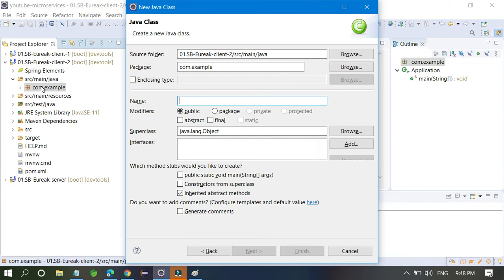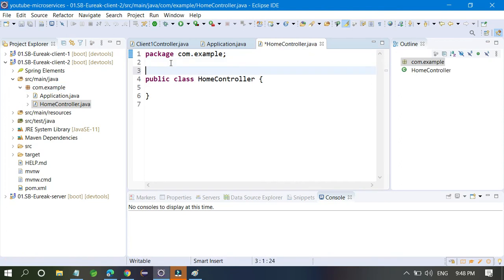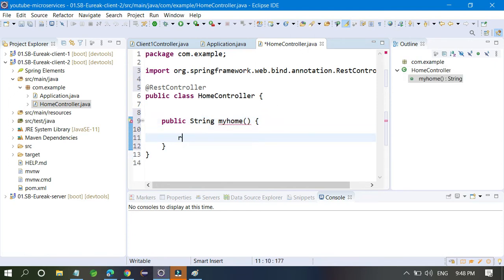I already covered this in the previous video. Create a home controller and annotate it with RestController. Then I create one method, public String myHome, and return "this is my home controller".